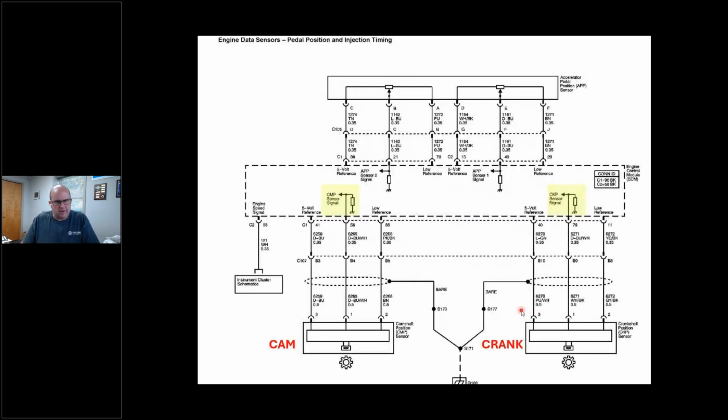Here's a little wiring diagram for this particular LBZ truck. My cam sensor is right here, and pin 1, the dark blue white, is the cam sensor signal. I did put the crank sensor signal in here because I've got to figure out where the camshaft fires in relation to number 1 cylinder. Now I'm going to tell you where it fires, so I'm going to cut right to the point. But the reason I want to go over this for a little bit is I want to show you